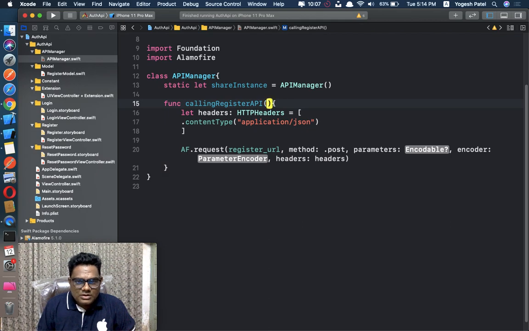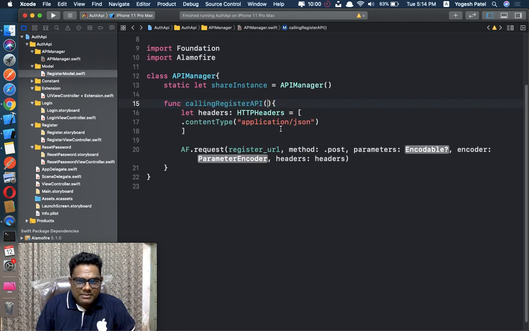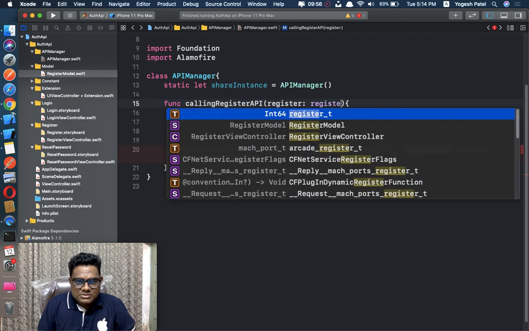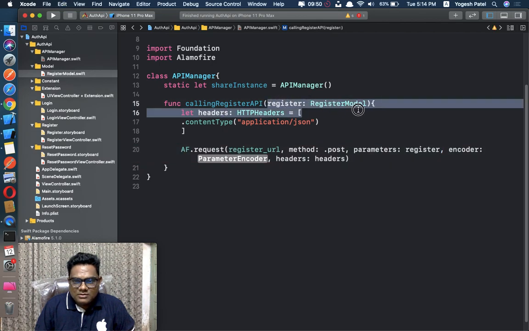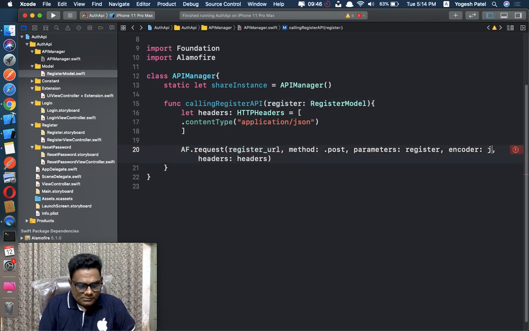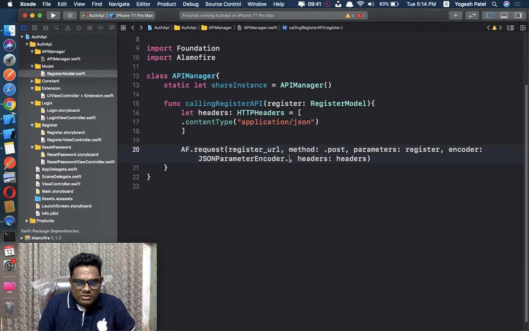Here we have created a model, so you just have to pass this model. I'm taking a parameter here like register, which is a register model, and just pass the register here. I will explain why I did this here. Okay, encoder JSONParameterEncoder.default.